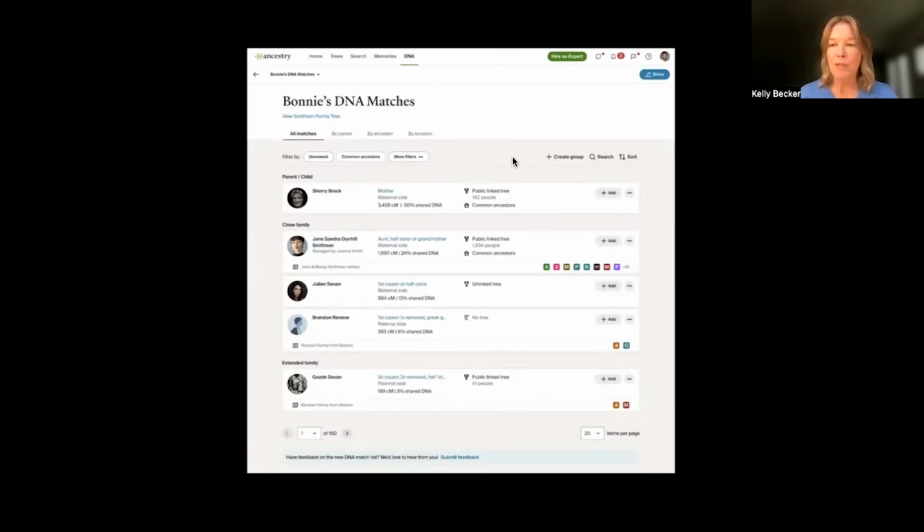You are probably using many of these features already to annotate and organize your matches, such as notes and custom groups, and they are now more easily accessible from your list of DNA matches. Now, to add a note to a match, such as a discovery you made about a match or research you've done about that match, you can add a note by clicking Add Note,